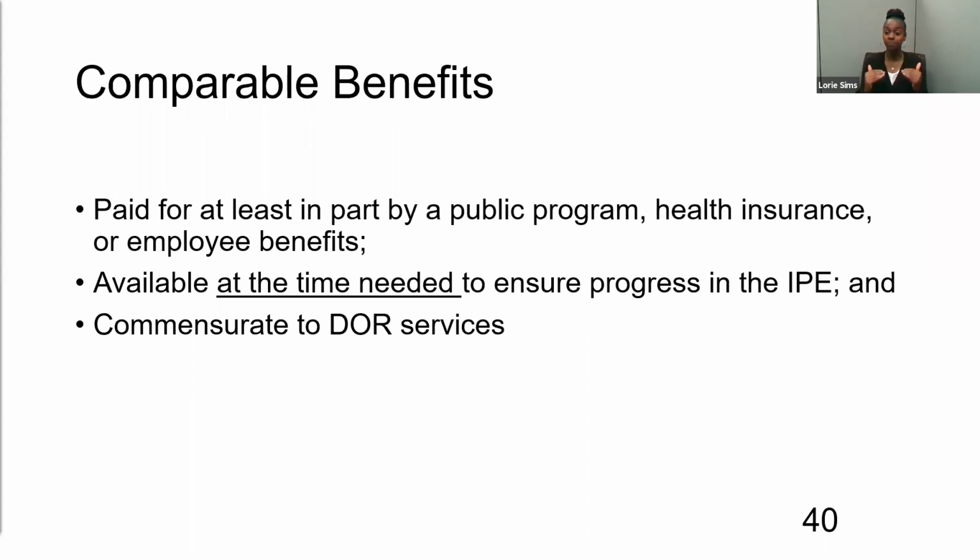So before the DOR provides most services, it has to ensure that there's not a comparable benefit available. A comparable benefit is a service that is paid for at least in part by a public program, health insurance, or employee benefits. It must be available at the time needed to ensure progress in the IPE, and it must be commensurate to DOR services. So just to talk a little bit more about this, generally the DOR will not duplicate services. So if I'm receiving a service from another program, such as the regional center, or if my health insurance or my employer is providing